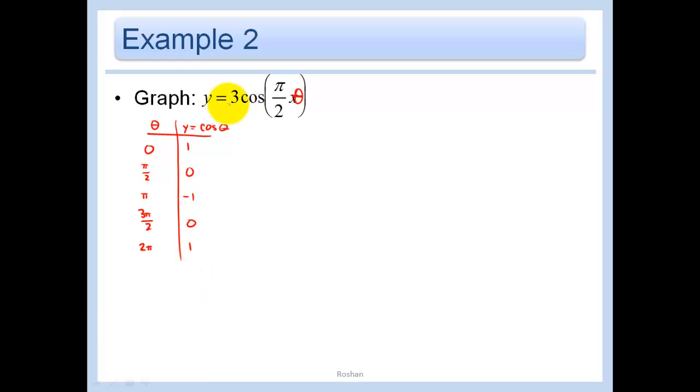Remember, we apply our transformations in order. So first, we stretch the y stuff by 3. So times 3, times 3, times 3, times 3, times 3. And then this, we want to undo this. So we want to actually, instead of multiply, because here this is a multiplication, we want to divide the x stuff by pi over 2, aka multiply, because multiplication is easier, multiply by the reciprocal, so multiply the x stuff